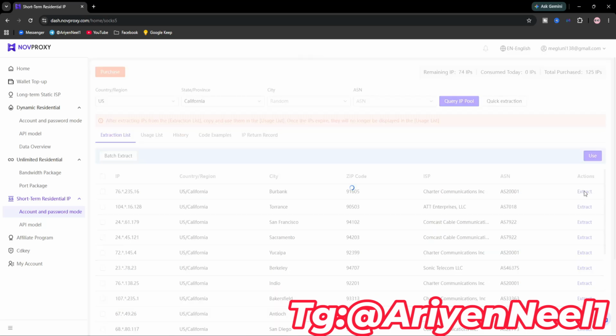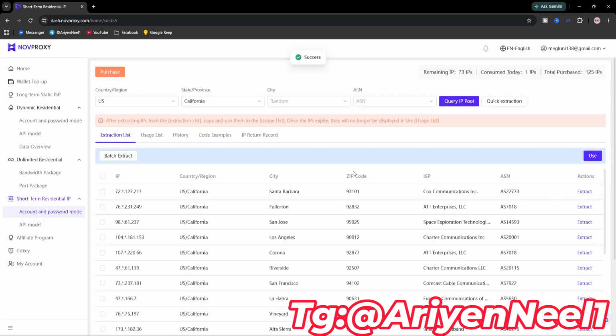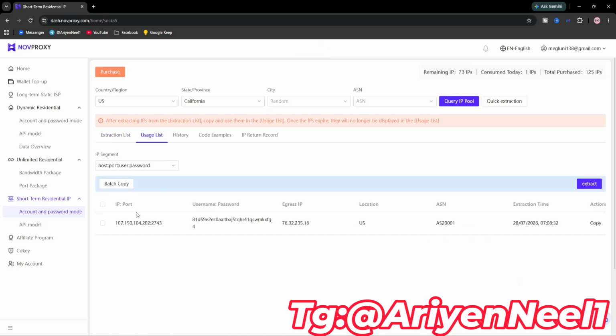So extract, go using list, see the IP I selected, copy the proxy, go to Firefox,